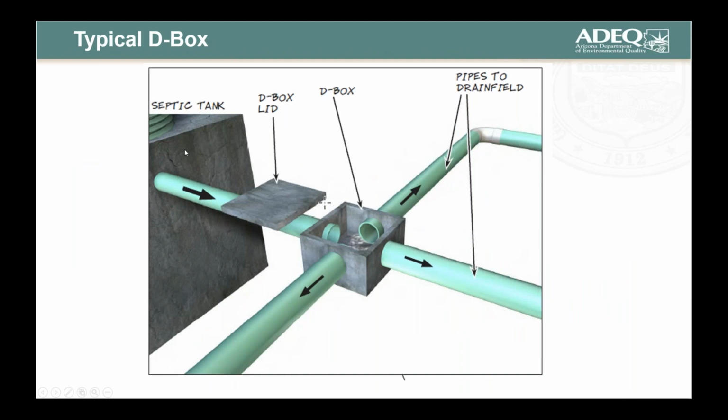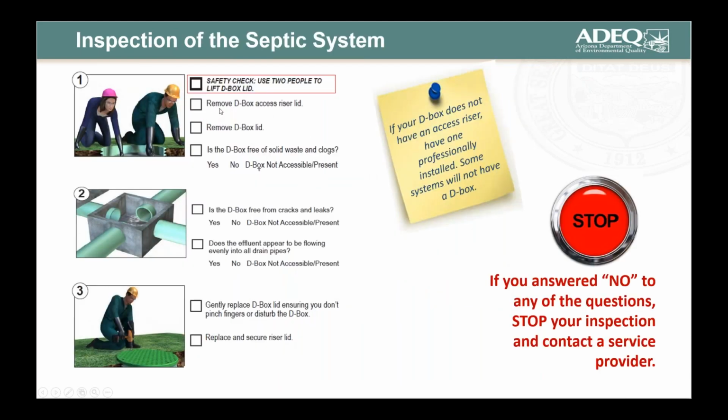Okay, now we're going to move and look at the distribution box, also known as a D-box. So to the extent you can, you want access to that D-box. And so here, ideally, you can just remove the D-box. That's your typical one. And evidently in Washington, you can remove the D-box access riser lid